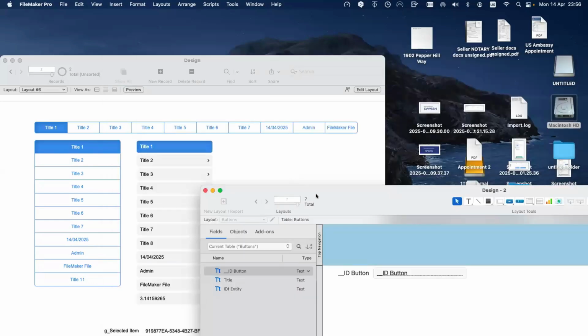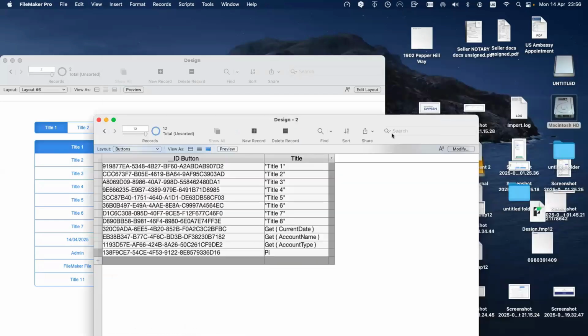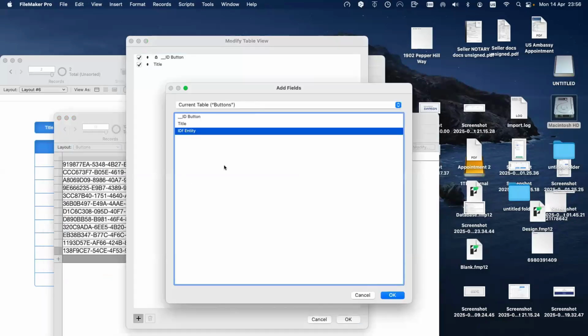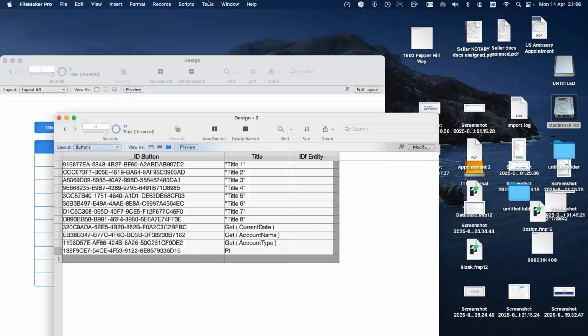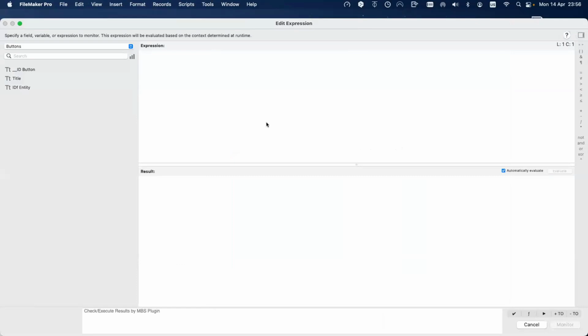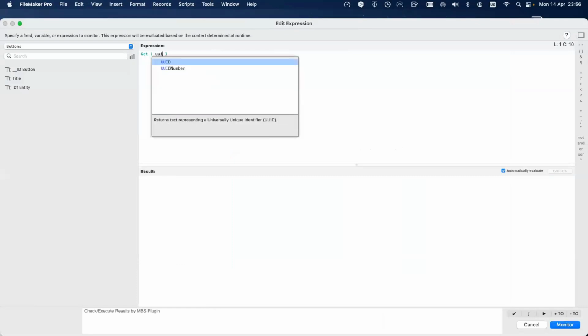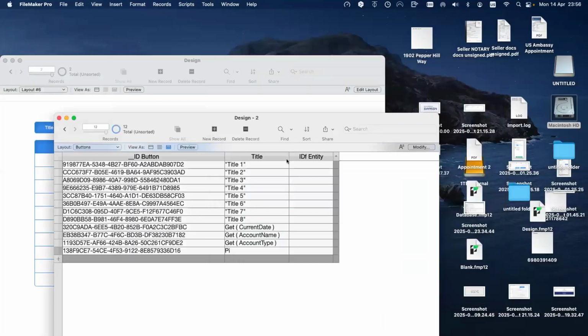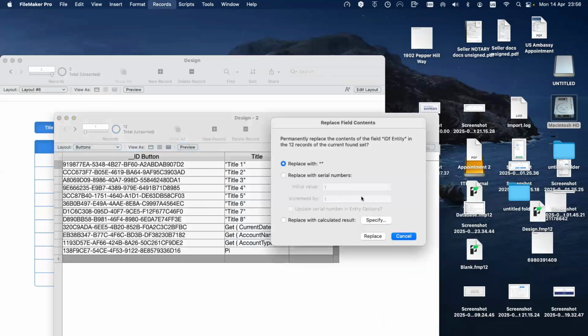Correct? Well, now I'm going here. I'm generating a UUID. So how do you generate a UUID? You go to the data viewer and you say, okay, generate a UUID. I have a UUID. Okay. And I said all of those buttons, okay, belong. Oh, sorry. I forgot to